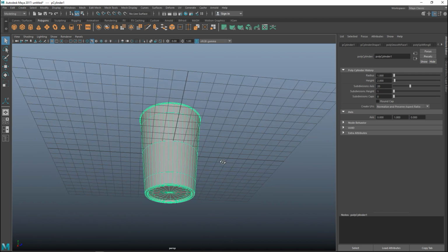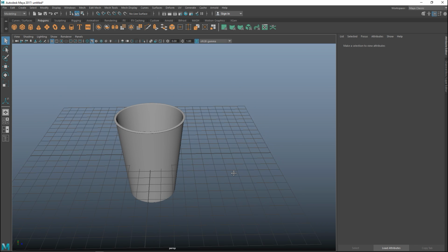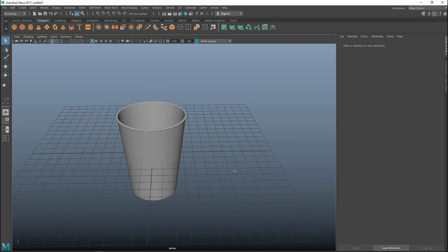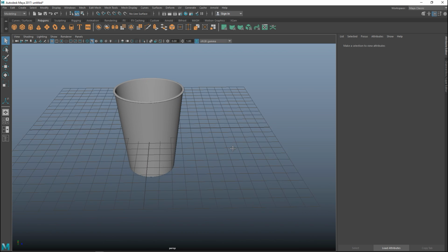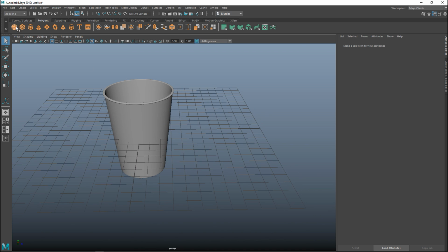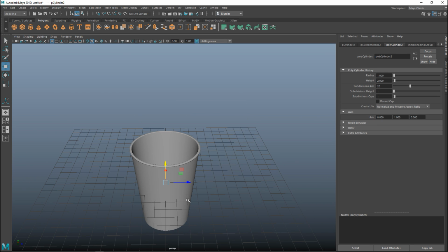Okay guys, and we're back. So we did this in part one. What we're going to do here before we deal with the lid is, actually we'll just start with that. We'll take a polygon cylinder which is now created in the center of our cup. We're going to pull that up. We're going to hit R to scale that out,